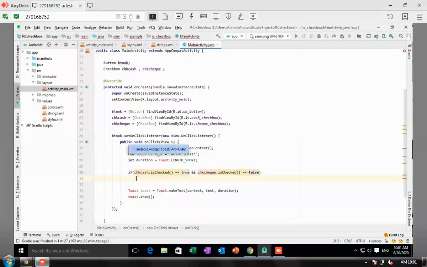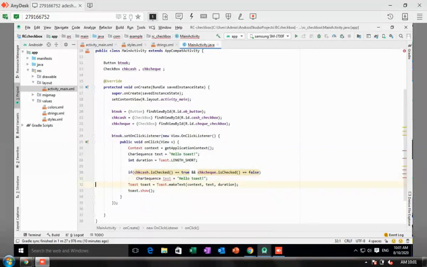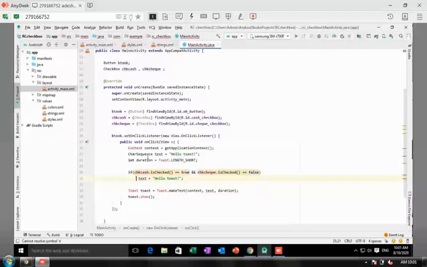That means only the first option is selected. Which is the first option? The first option here. I'm just making this empty. It's saying not defined. And here I'm saying the first option selected is cache. It is only cache. The person has made only cash payment.